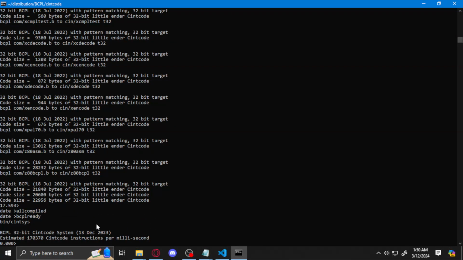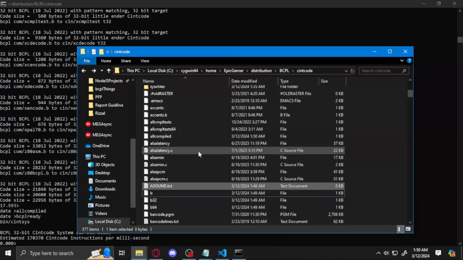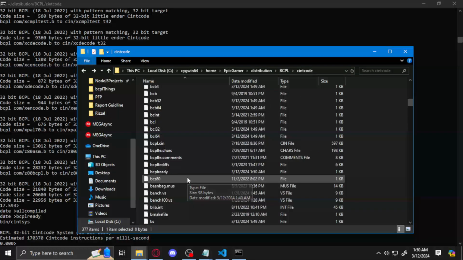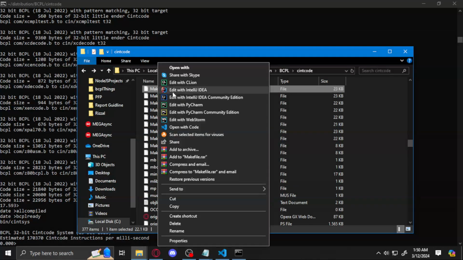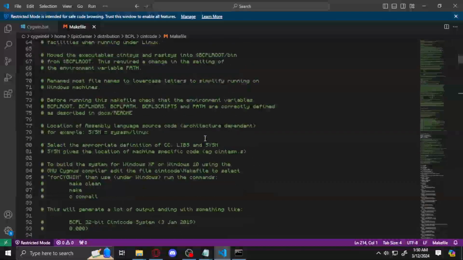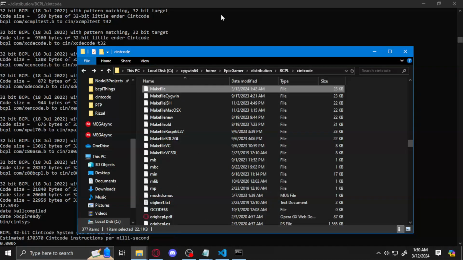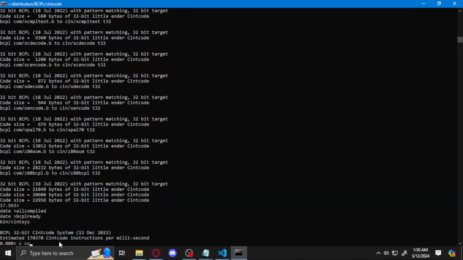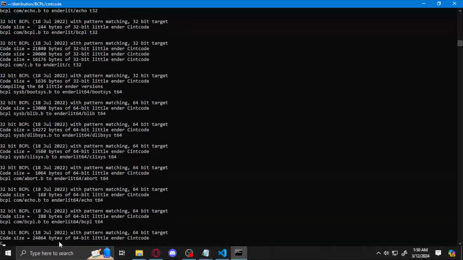Okay, now last command that you want to do, and I actually forgot what the command was, so we're gonna go to the documentation to check what the command was. And the documentation I'm talking about is located inside the makefile. So you want to open Visual Studio Code as well. It should be somewhere here. C compile all. C compile all. So C comp all. Do that, and once it's all done, then